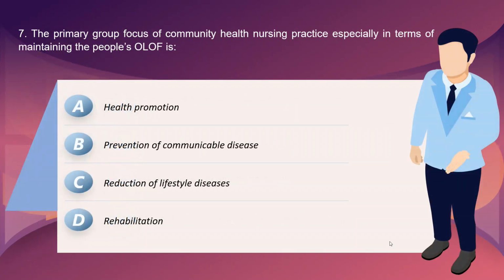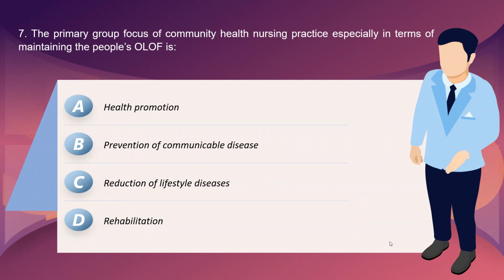Number seven, the primary group focus of community health nursing practice, especially in terms of maintaining the people's optimum level of functioning, is A, health promotion, B, prevention of communicable disease, letter C, reduction of lifestyle diseases, or letter D, rehabilitation. Remember, the question is asking for the primary focus. So we know that